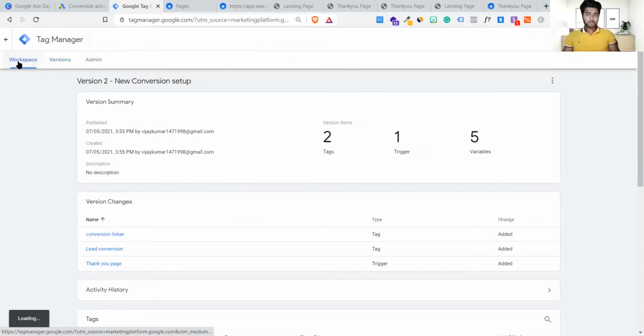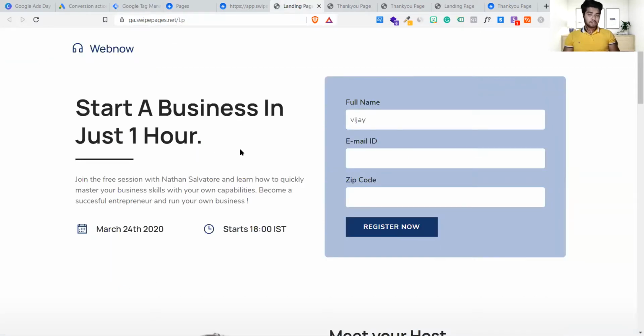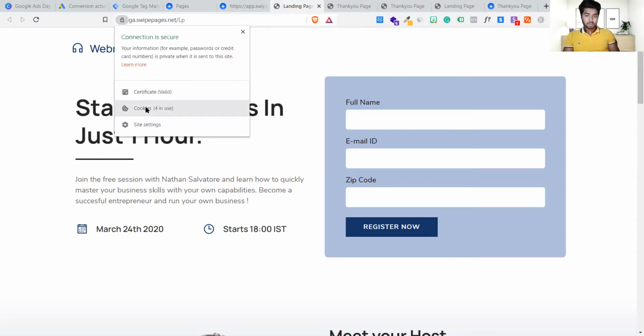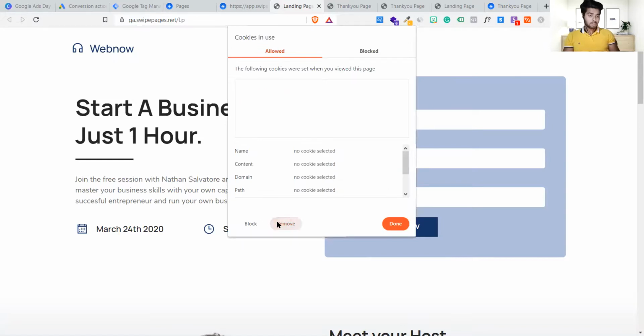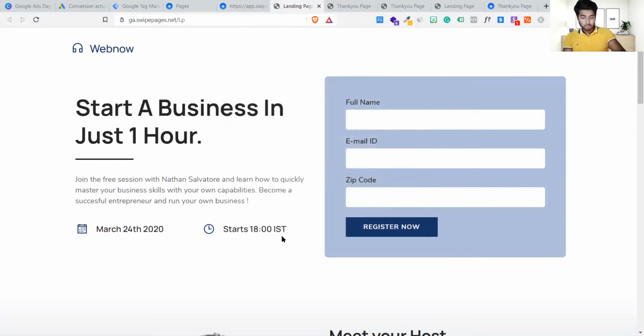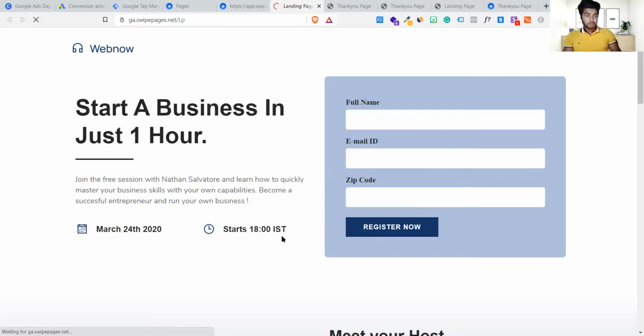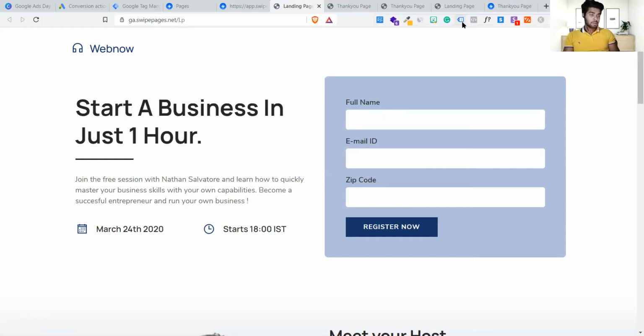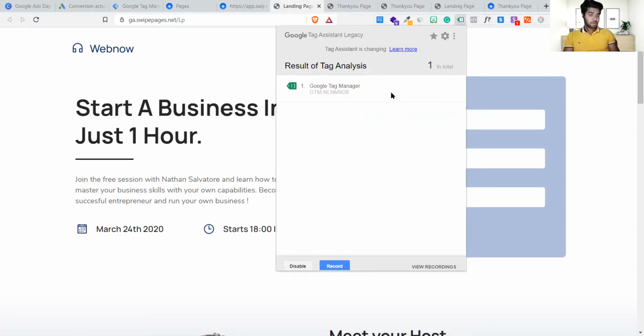Let's come back to the workspace. Let's just do debugging right now. What is debugging? If you can see here, here is our landing page. We have added, okay, let me just, for an example, give this page a refresh. So you will get to know whether this has multiple tags or not. So let me just refresh it. I have to remove the cookies. Do remove the cookies, guys, because if you don't remove the cookies, it will not get refreshed. Okay. It's done. We do have one single tag here on the very front landing page.